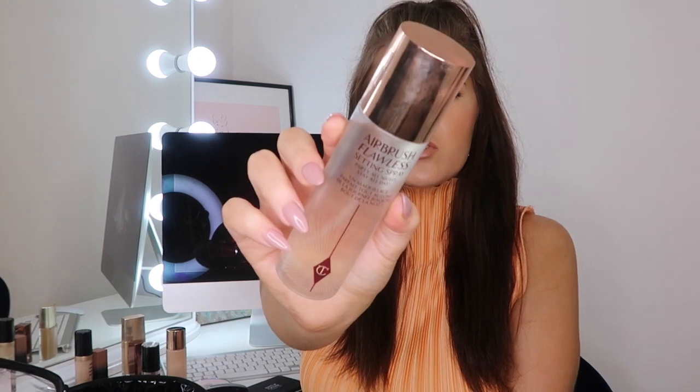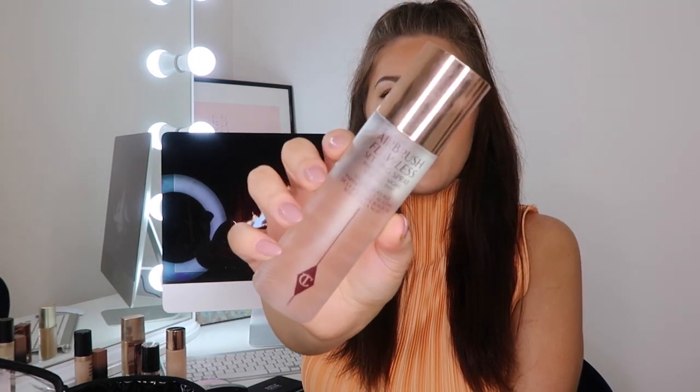This stuff does not budge. Honestly, it's super expensive. It's not cheap at all. This is the packaging, so super luxurious packaging. You got your rose gold. It is Charlotte Tilbury, so you know that it's going to be expensive, but I've used a couple of Charlotte